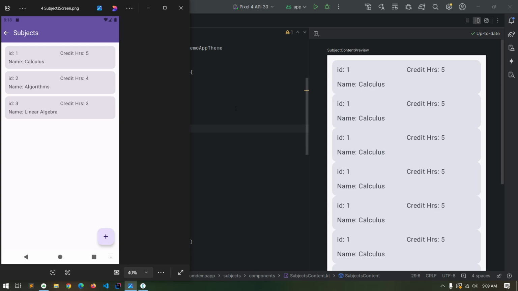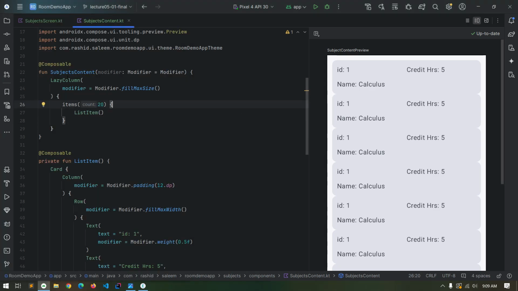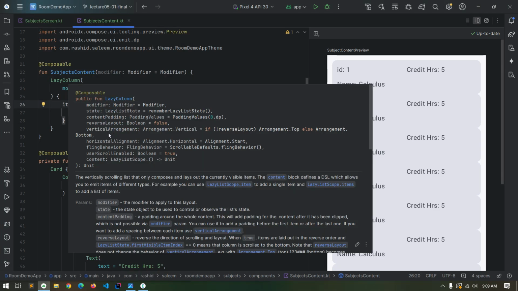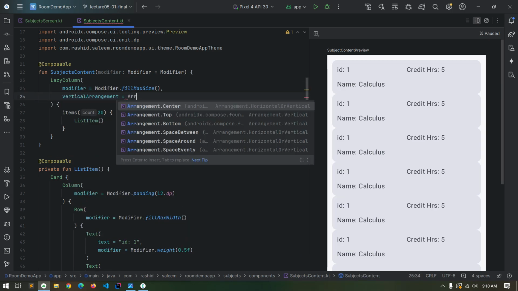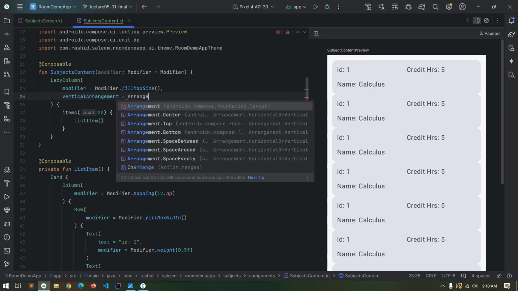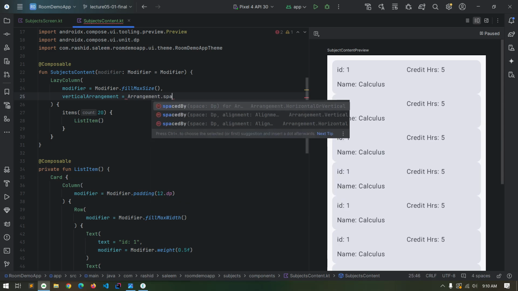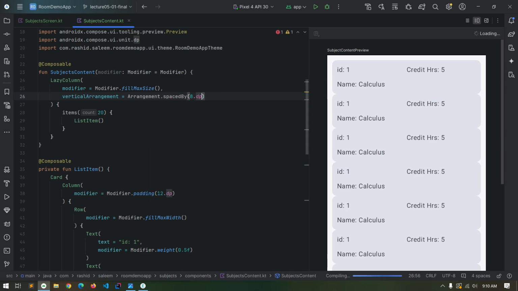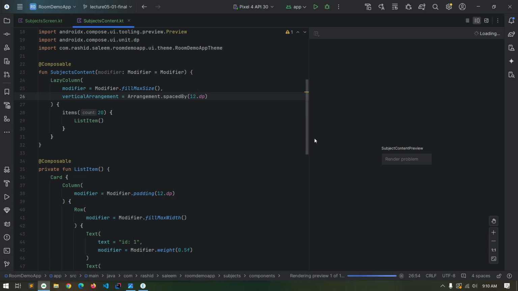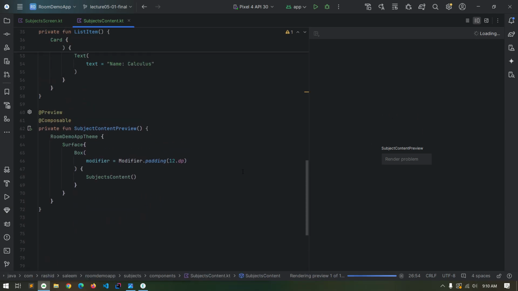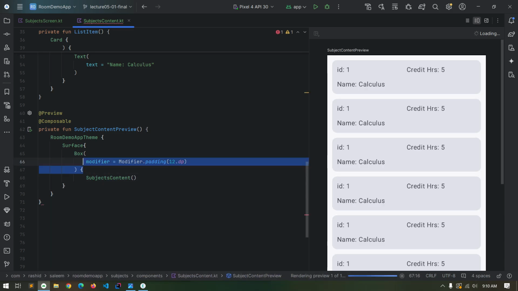so we need to add some padding between this list item. So to apply padding between list items, we will use the property vertical arrangement dot space by, and use 8 dp. Okay, let's increase it to 12 dp, and also remove this preview padding which we initially applied to see the border of the card. So we will remove this box from here,